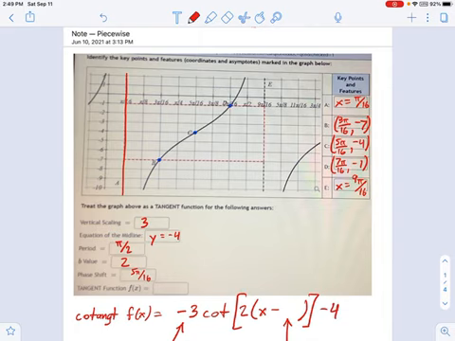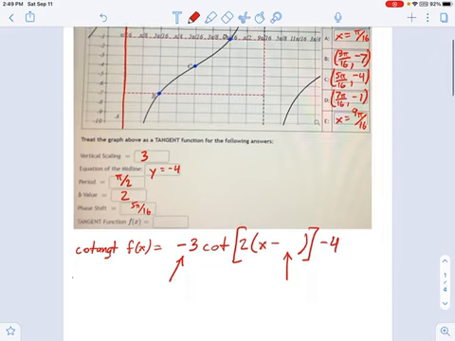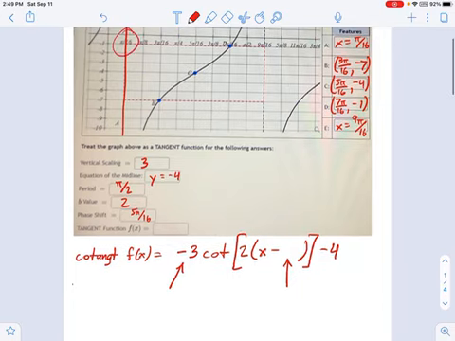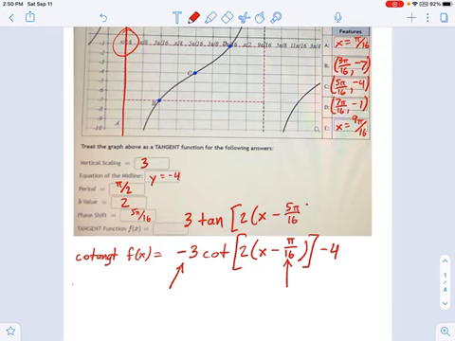But we'll use the left starting point, and I'm going to say that phase shift, according to this graph right here, is pi over 16. So I would write it this way, pi over 16. This is my equivalent cotangent function, and I'm just going to put that tangent function back up here so you can compare the two of them. You see, hardly anything changed. It's just the sign of the scaling factor up front and the phase shift. And it really is as easy as that, switching between tangent and cotangent functions. Both of these equations describe that graph that I'm looking at up here.